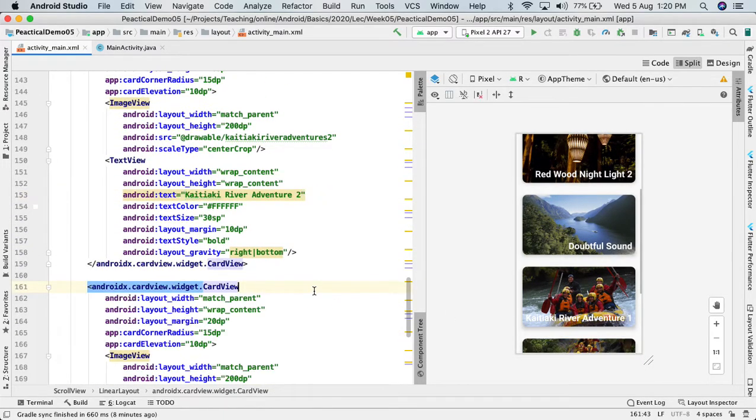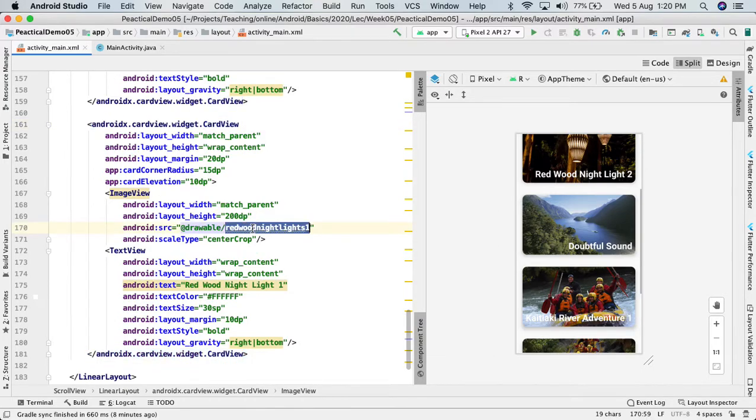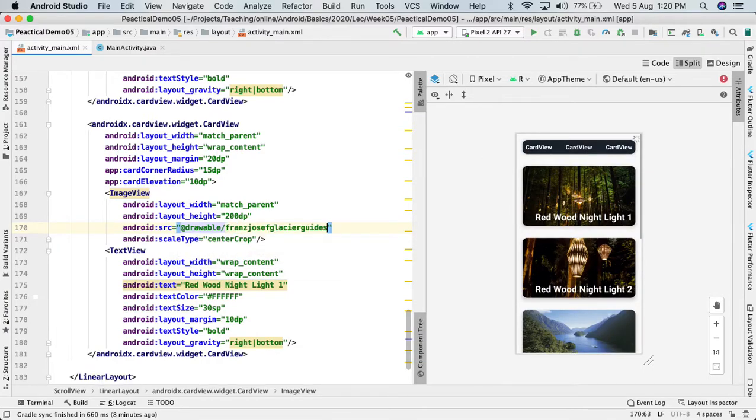So the last one is I think the Franz Joseph Glacier. Okay, so I just put it like that. So we have those